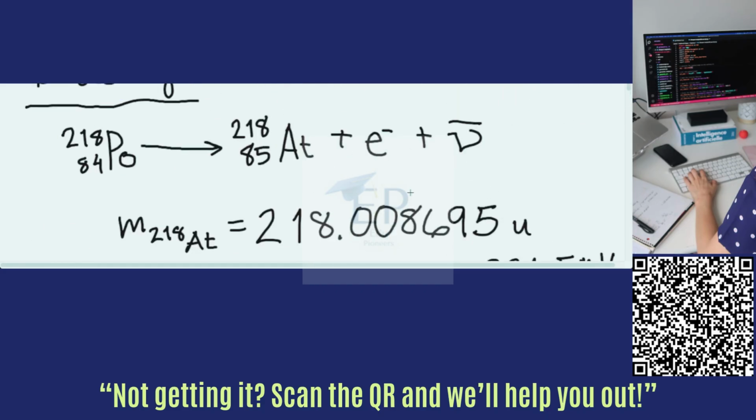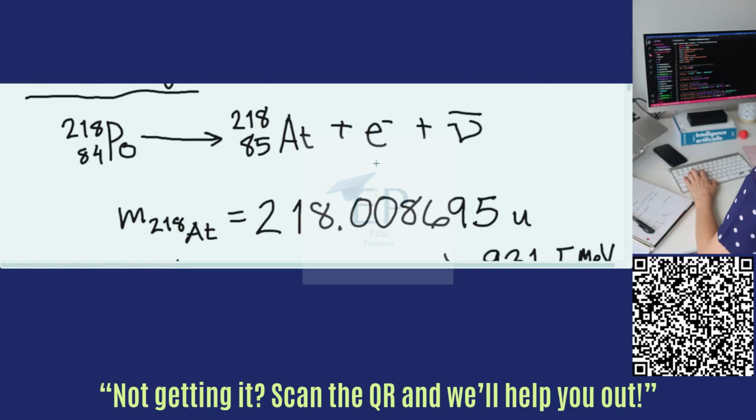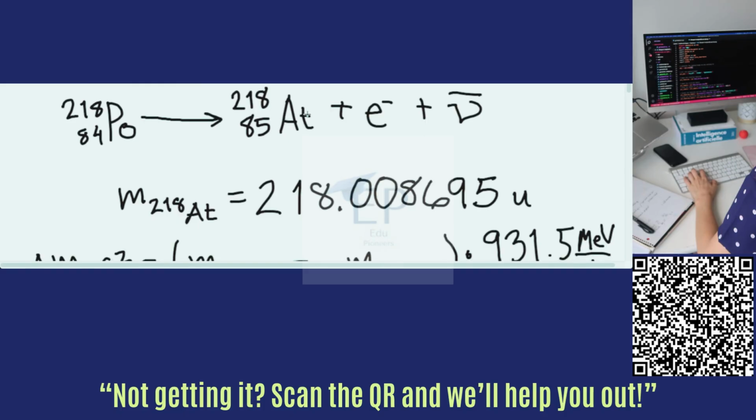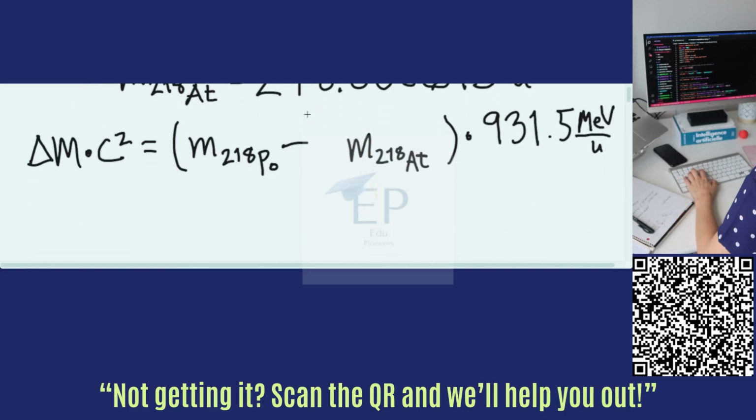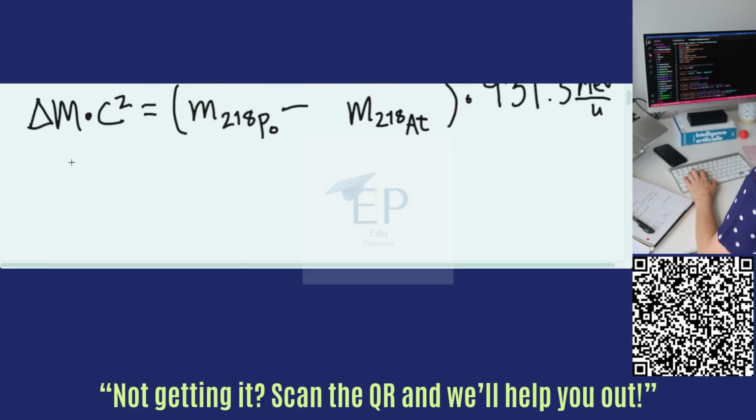Now, there is an electron coming out here, so whenever I see a beta decay, I want to make sure that I'm actually accounting for all of what's going on with the electrons in this decay. So if we do a careful accounting here, we know that the mass